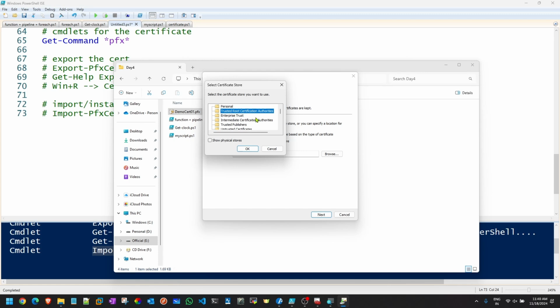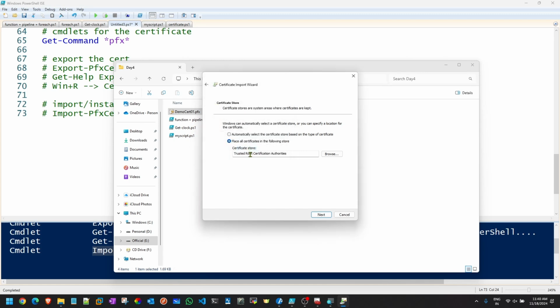I have created the certificate, but my machine does not accept it right now. So I need to make sure it should be accepted. For that, I have to go with enterprise root CA authorities. Got it now? Okay, and you can see automatically the name popped up over here.